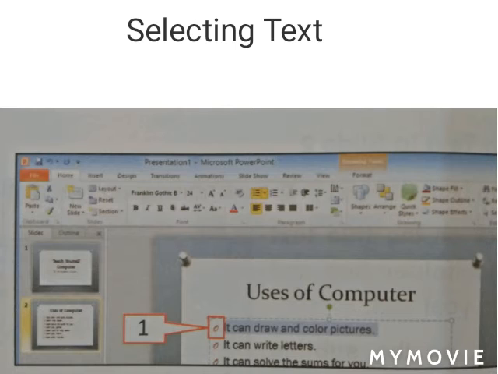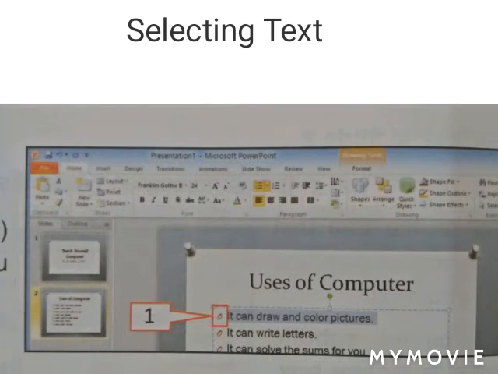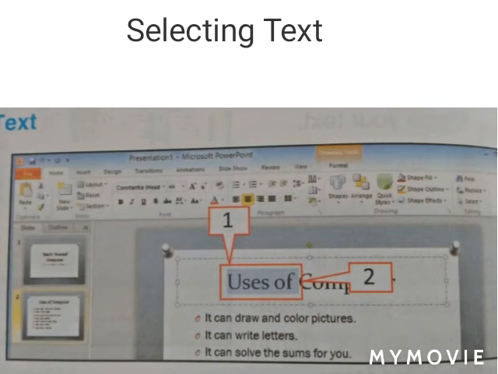To select a point or a bullet, we just click on the bullet beside the point we want to select. To select any amount of text, meaning a paragraph or two or three sentences or words, we position the mouse pointer over the first word we want to select and then drag the mouse over the text we want to select.